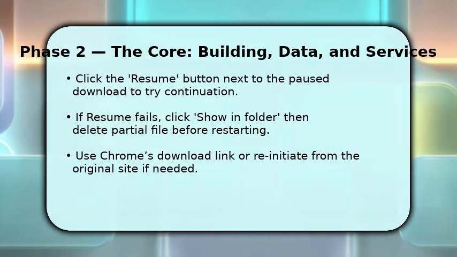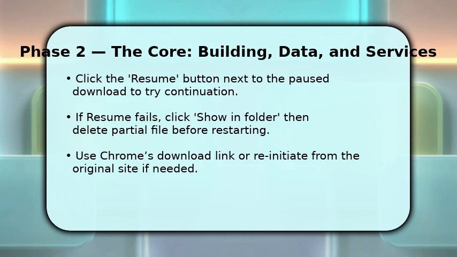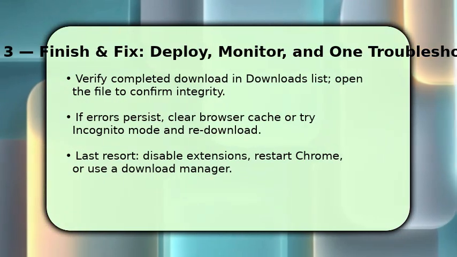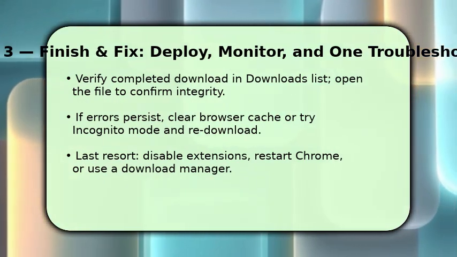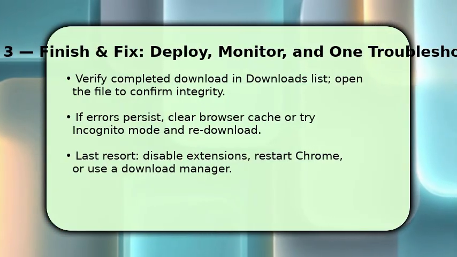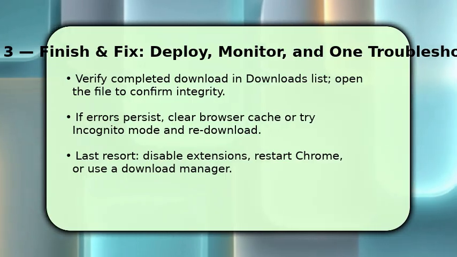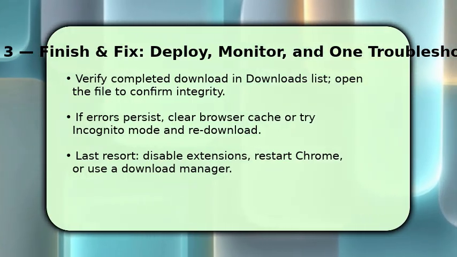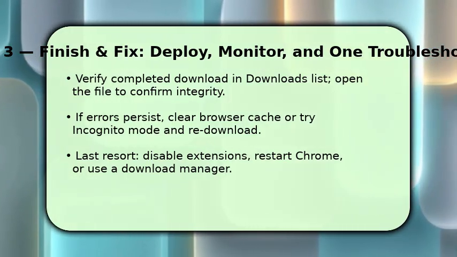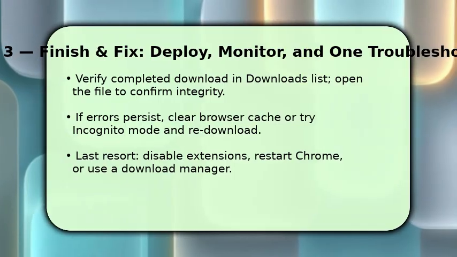Once the download finishes, verify it appears as completed and open the file to confirm it isn't corrupted. If you still see errors, clear Chrome's cache or try incognito mode and re-download. This removes cached interference. If problems continue, disable extensions one by one or restart Chrome to isolate conflicts, or use